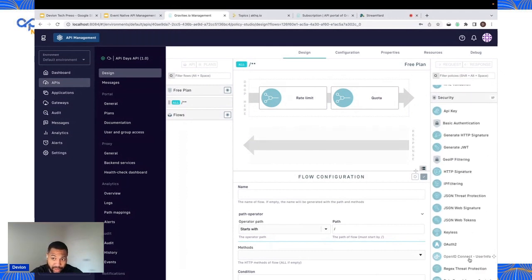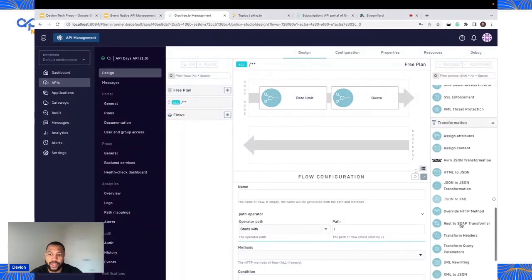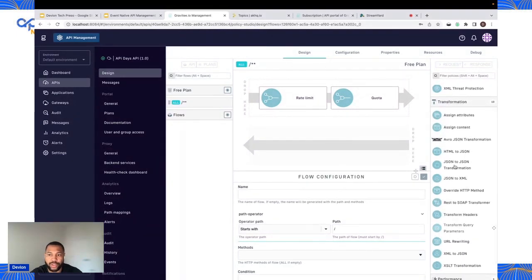You will also have the security aspect as well. So API key, basic authentication, as well as OAuth 2 being some of the more critical ones that we see individuals use. And then data transformation. So if you wanted to assign specific attributes for analytics, if you wanted to transform headers or JSON to XML,